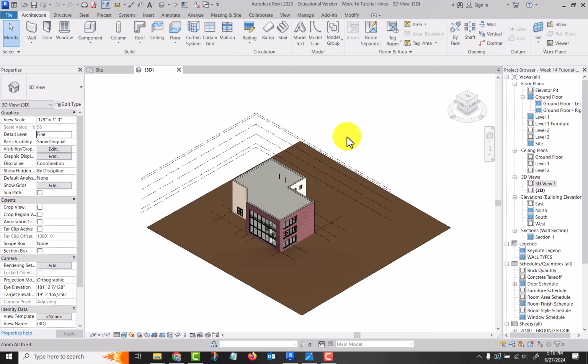All right, this video is going to be about using and creating and manipulating 3D views. And I'm working with the same file that I used last week. Nothing new going on in it. Just I need to show you some things. So with Revit, we've got